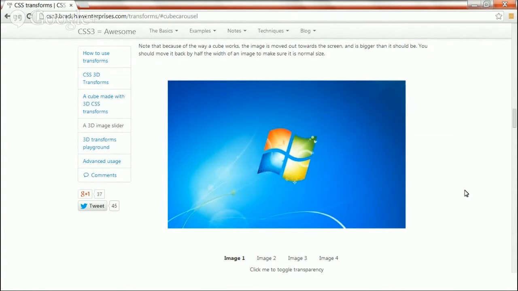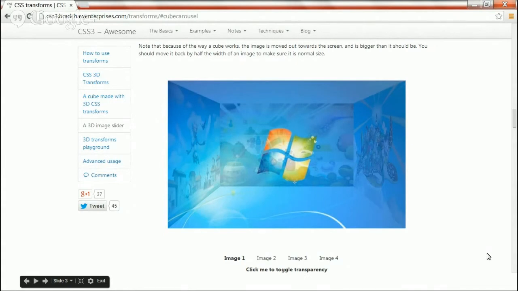That's because of the property I explained in the slide called backface visibility, which is applied as hidden in this example. If we change the property from hidden to visible, we can see the other three images also. If we click here, you see the other 3 images are now visible to us.